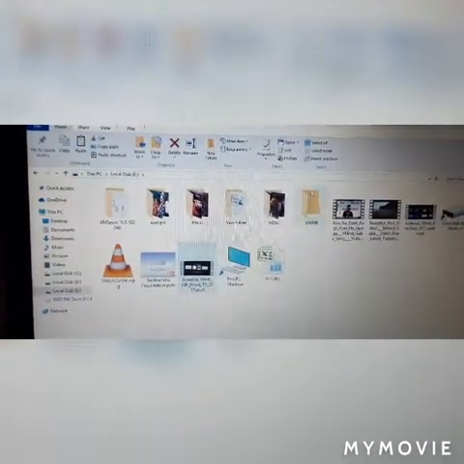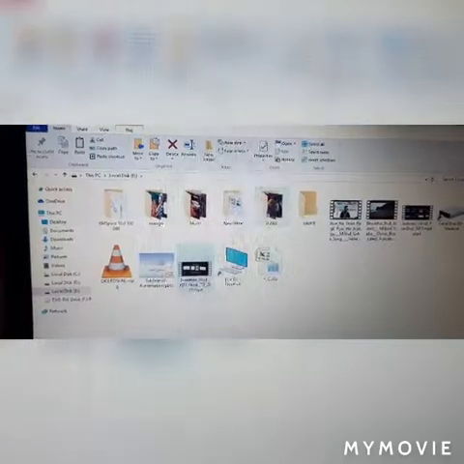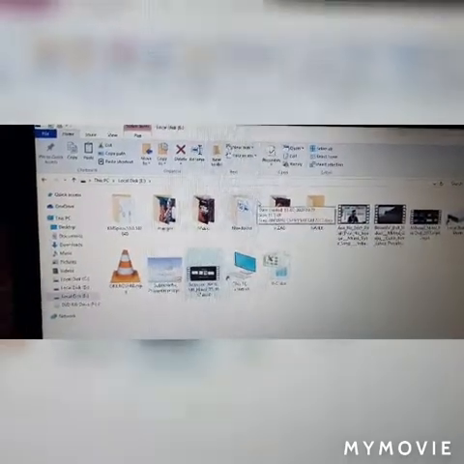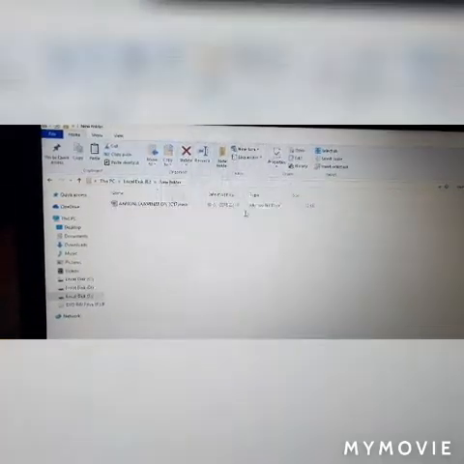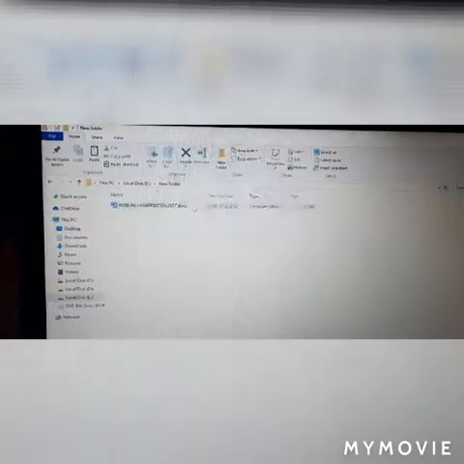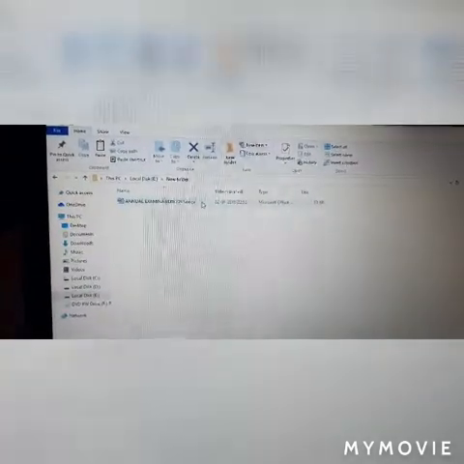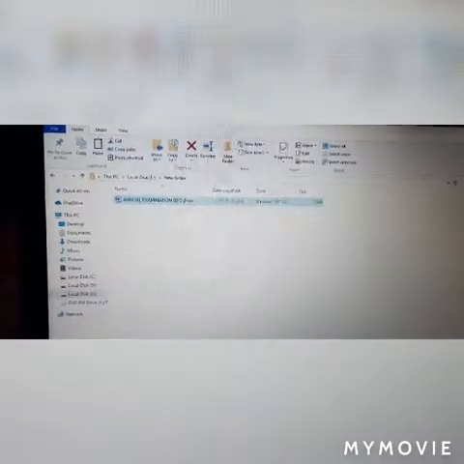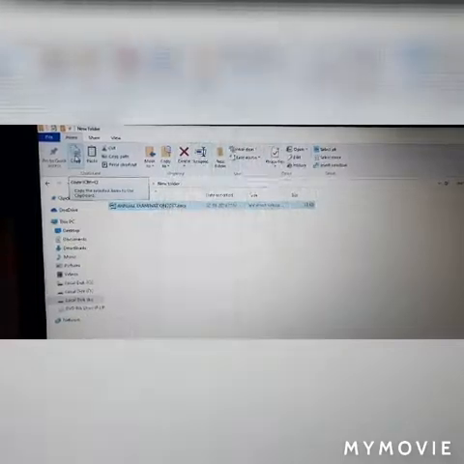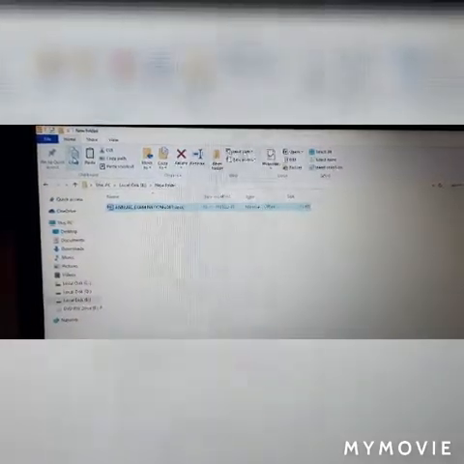Now you could see, last class, I hope you remember, we created two folders, that is New Folder and the Xavier folder. In the New Folder I have stored one file over here. Now you could see it is written Annual Examination 2017. So select that one, and after that in the Home tab you can see the copy option is present. Just click on that. Now your file has been copied.